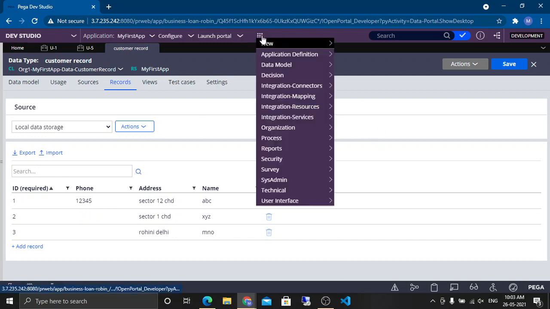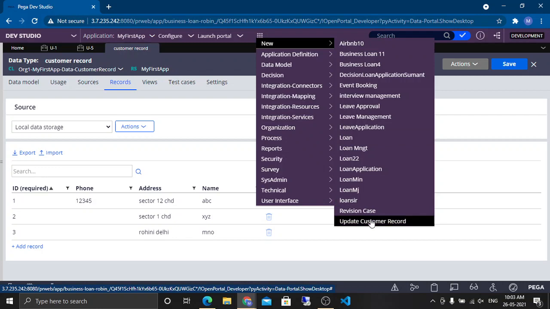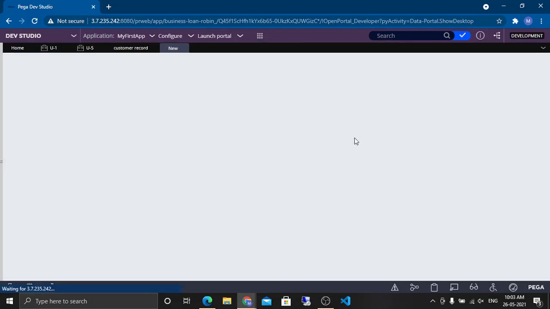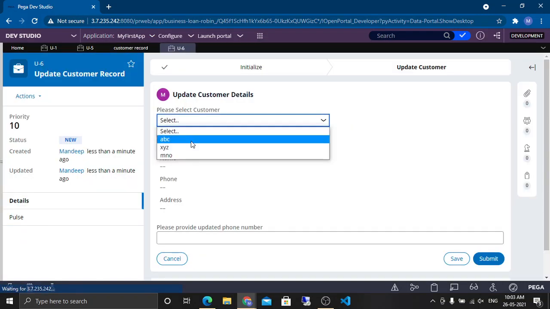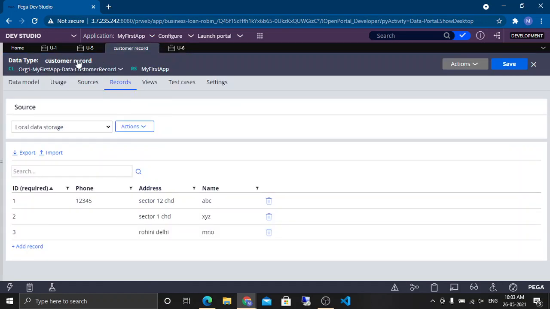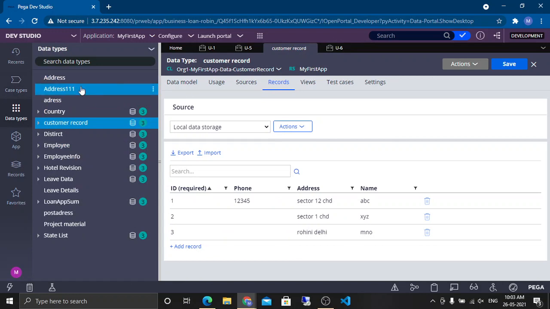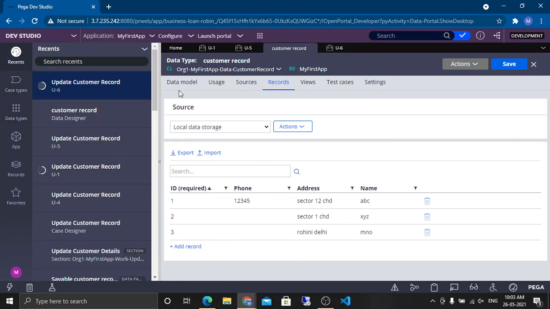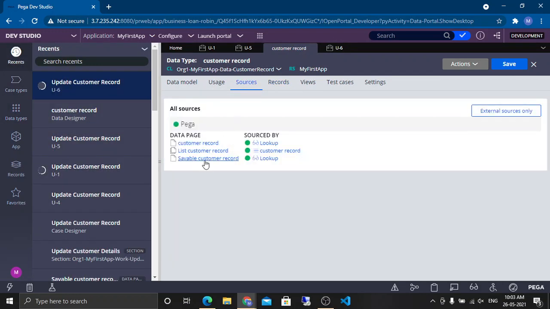Okay. So now if suppose he calls again, the same customer calls again, I want to update my phone number again. And if I select ABC, we will have the phone number here. Understood, guys? I mean, very useful thing and very handy thing. And now the most important part that I missed here is this data save option that we configured on this data page. This, I will take it here.